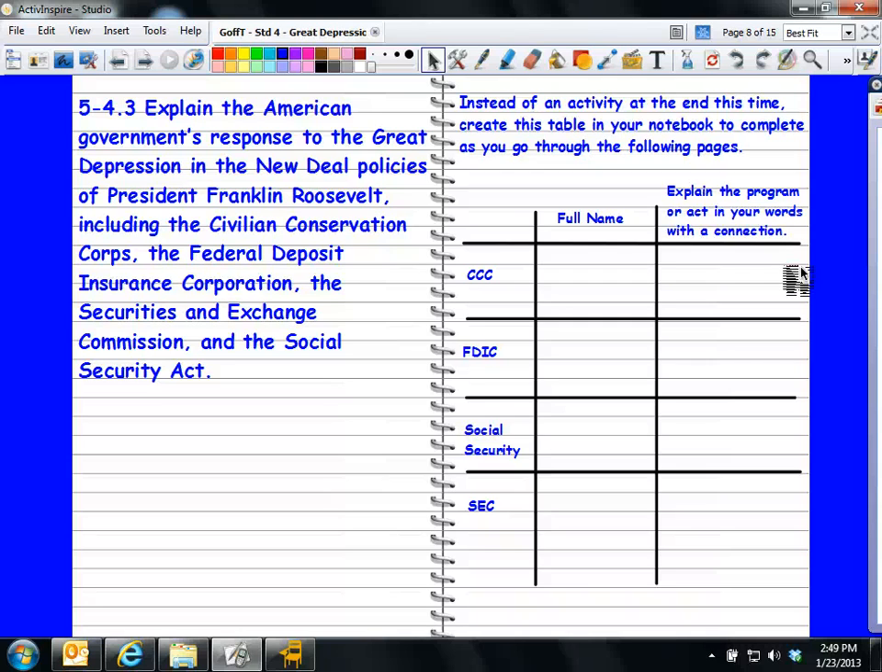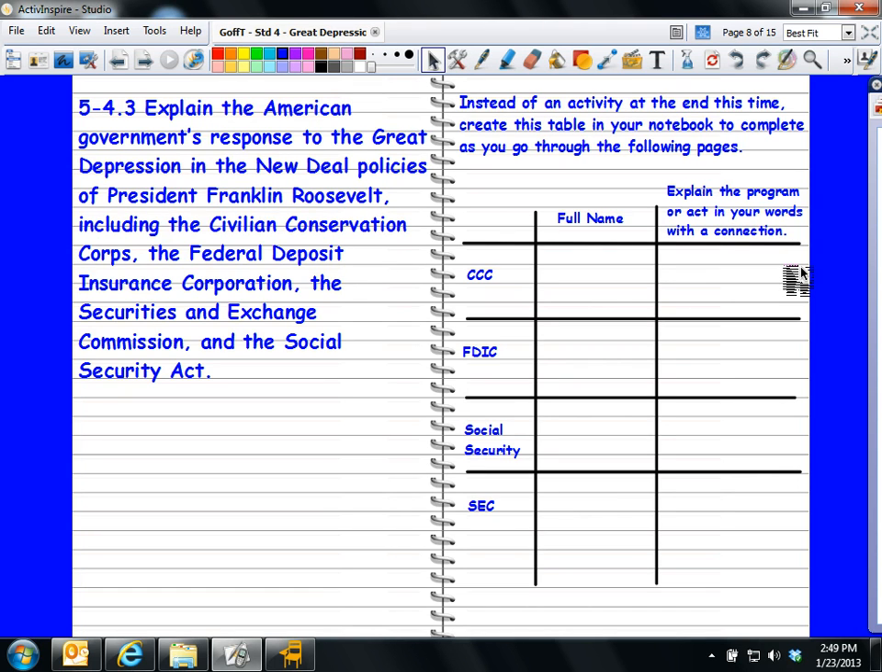Today you'll be learning about the New Deal, which was part of the Great Depression time period in the United States, focusing on the 1930s. And Standard 5-4.3 says, explain the American government's response to the Great Depression and the New Deal policies of President Franklin Roosevelt, including the Civilian Conservation Corps, the Federal Deposit Insurance Corporation, the Securities and Exchange Commission, and the Social